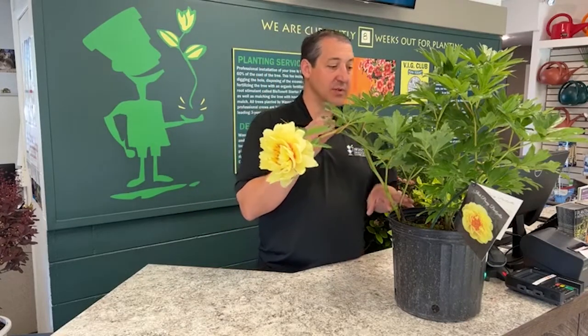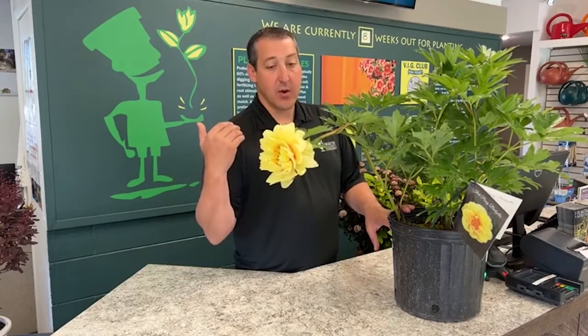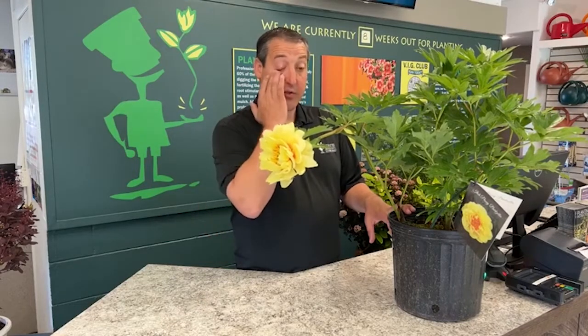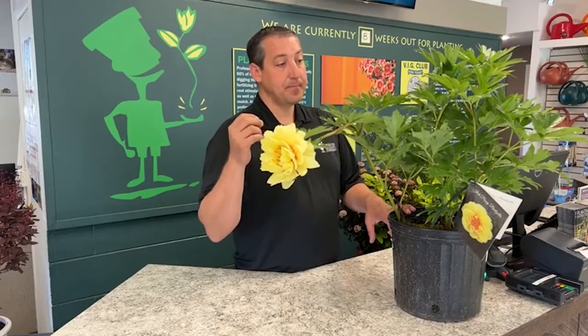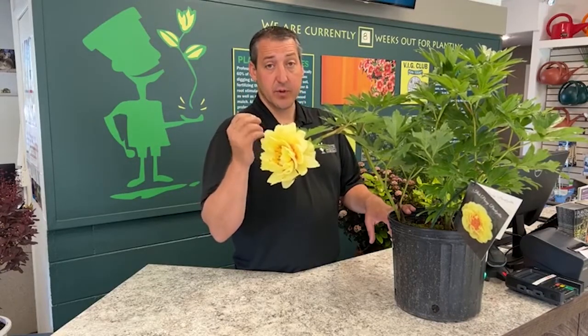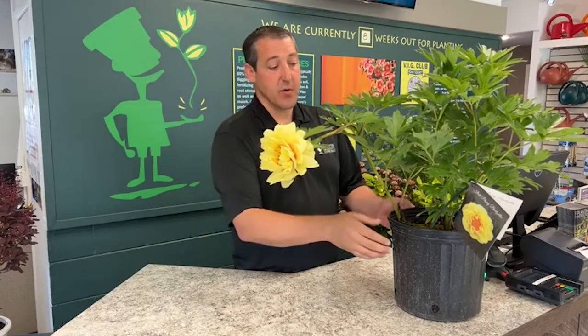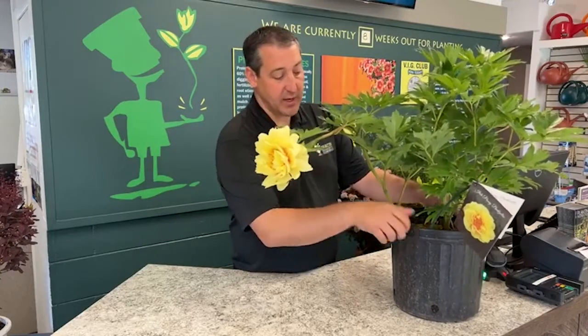But again, once established, these won't require any support or structure. These, in my own yard, are out away from the house in partial sun. They're still blooming great. They have not started, they're just budded right now. Mine are not blooming just yet, probably because they're in a little bit of shade, so they'll bloom a little bit later. And I don't ever spray these for deer or rabbits or anything else. So really a cool plant. That one's called Bartzella, but we have a bunch of different colors available